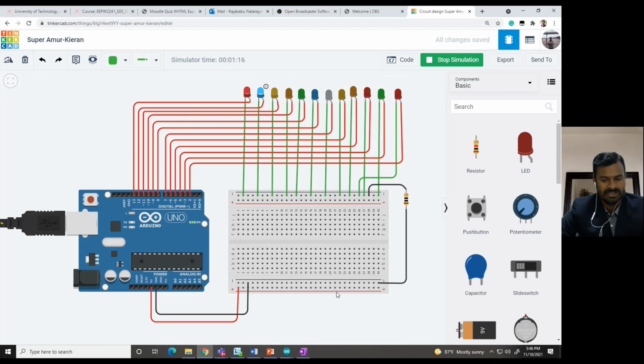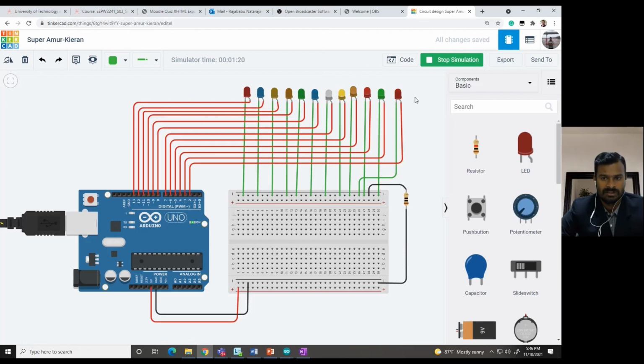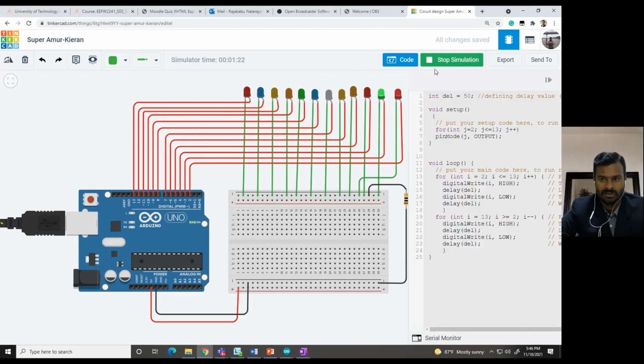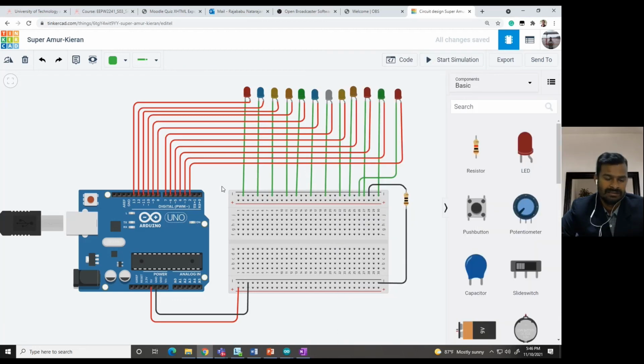As I told you, in the Arduino we have example programs we can copy and put here in the code. We only have to see which pin they have connected as input, which pin as output, and what the logic is. Accordingly we connect the input and the output here in the Arduino.